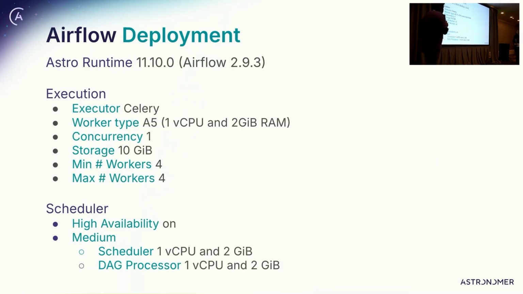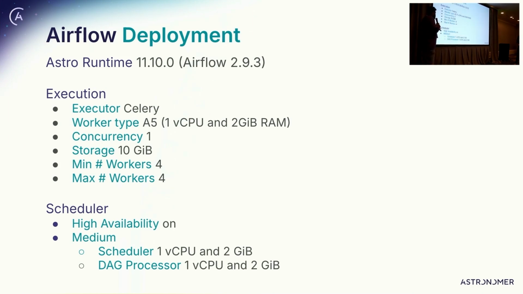To measure the performance across versions, we had an identical infrastructure setup across multiple versions of Cosmos. With this, we initiated multiple deployments on Astro. We used Airflow 2.9.3 and the Celery Executor, with the minimum worker type that we have available on Astro. Concurrency is set to 1 because we wanted to check that at any given point of time on a worker, only one task is run, and that is consistent across Cosmos versions. We set the min and max workers to 4, so that means we have 4 Gunicorn processes running all the time. That means we'll have 4 tasks running at the same time at any given point of time.